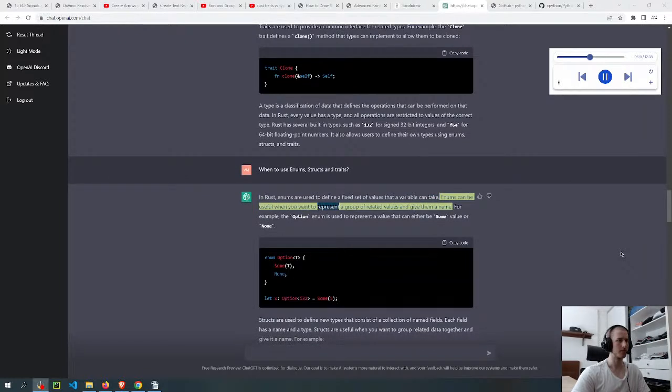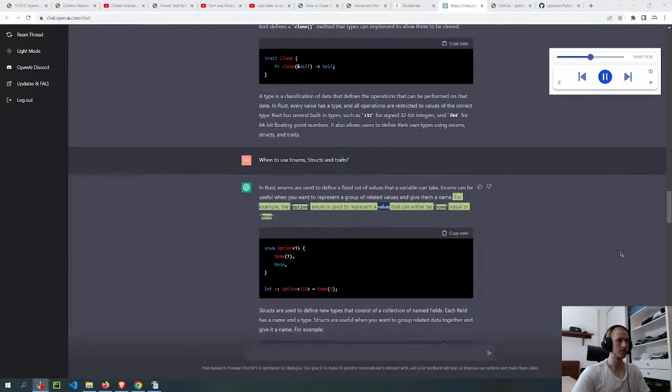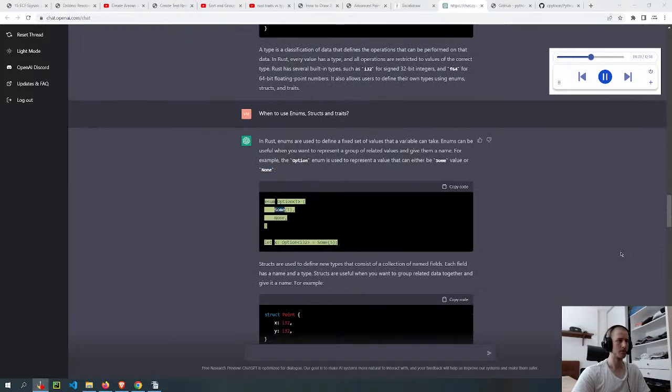Enums can be useful when you want to represent a group of related values and give them a name. For example, the Option enum is used to represent a value that can either be Some value or None. enum Option { Some(T), None } let x: Option = Some(5);